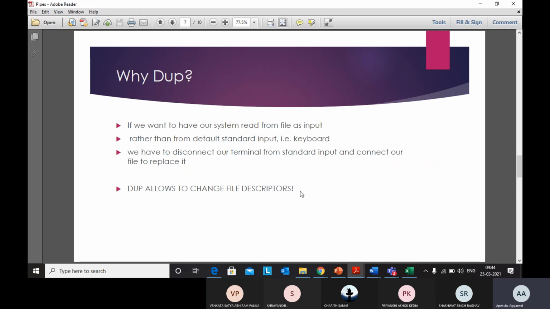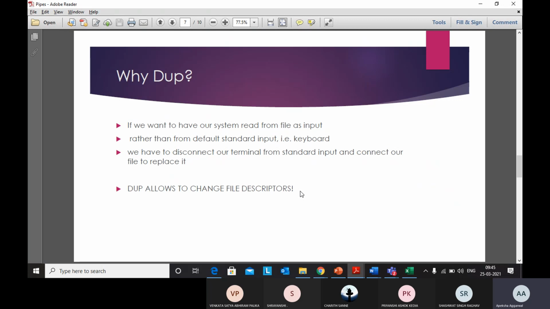So you are taking input from the keyboard, whatever I press, say I pressed 30, and that is by default file descriptor 0, for reading it's 0. So whenever you are pressing 30, by default it is assuming that I'm taking input from a keyboard. Okay, so that is your default standard input.